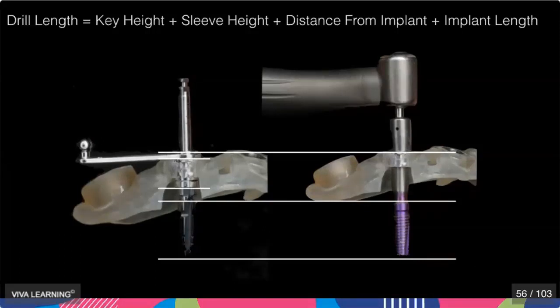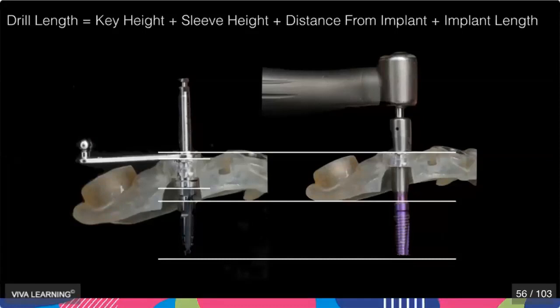So most of the time, if you're using a keyless guided implant system, then it would be your total implant length plus the sleeve height, so the metal tube that you would use to drill through, plus the distance between the implant platform and the bottom of the sleeve. If you add those things together, then that is what you would end up using as your metric for total